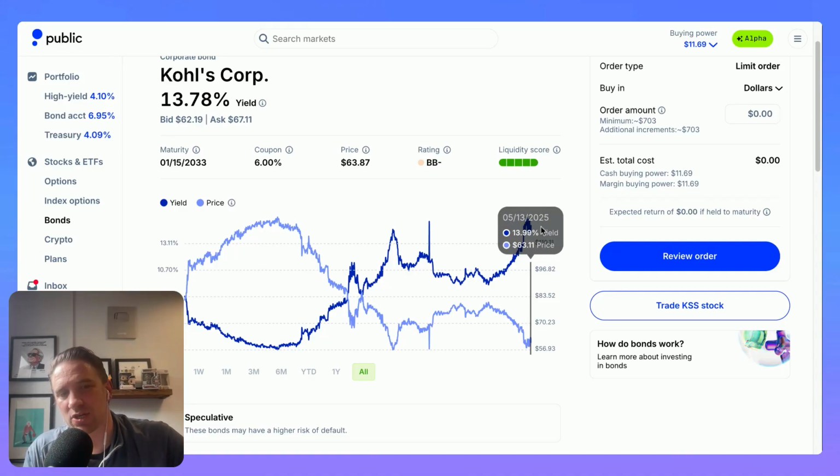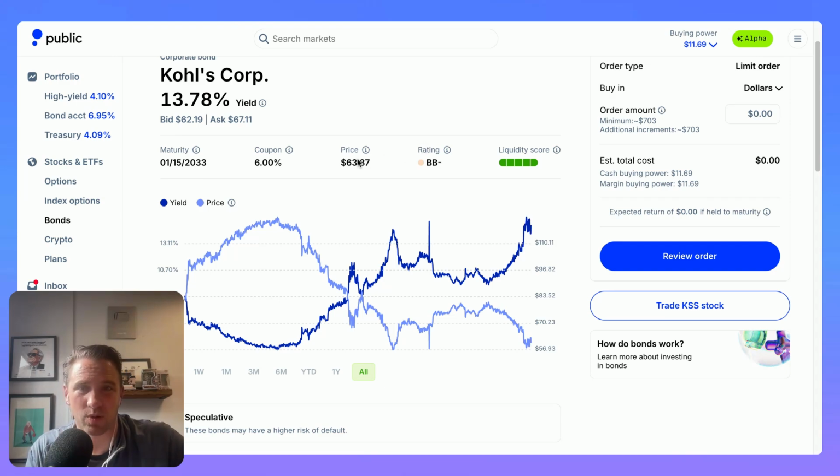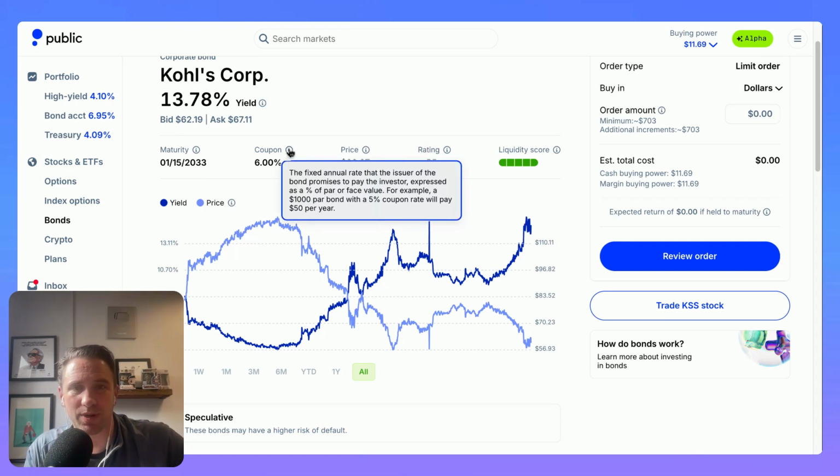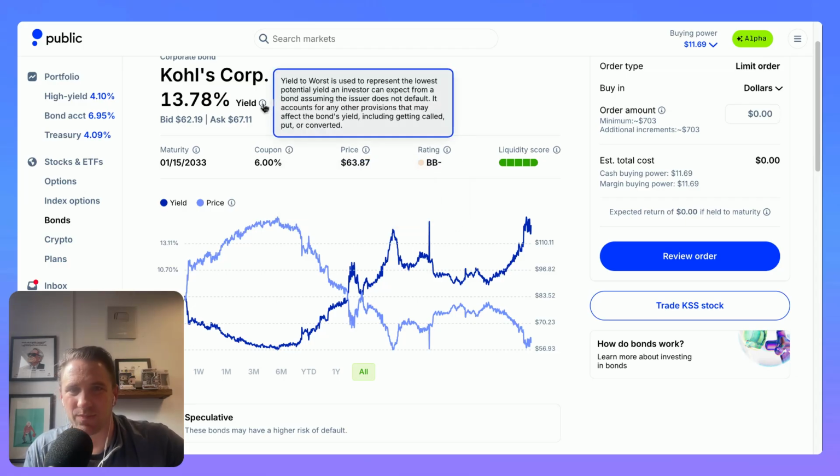So the yield does go up. So you're effectively getting paid more, but there's more risk. Not the best explanation, but one way to think about it. But the coupon is 6%. And this is, I think, what's key here: this is the fixed annual rate that the issuer of the bond is promising to pay. But if you go to yield up here, well,